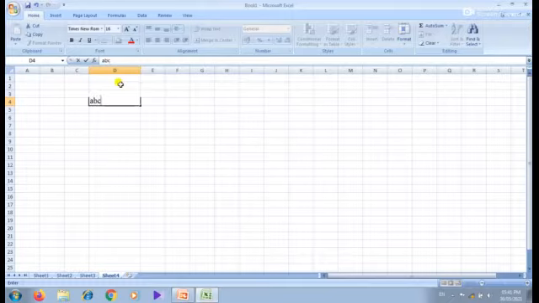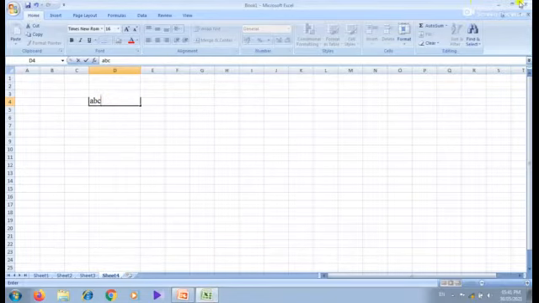Here A, B, C. I have typed some font in this cell, inside the cell. It appeared on the formula bar also. Did you understand, student? So this is the basic concept. Already you have studied in your lower classes. That's no problem. Once again I have taught to you.